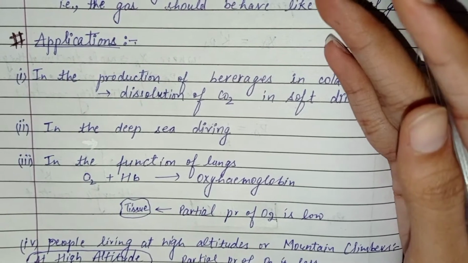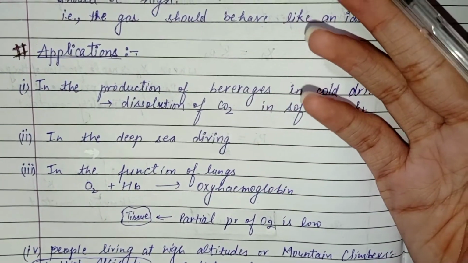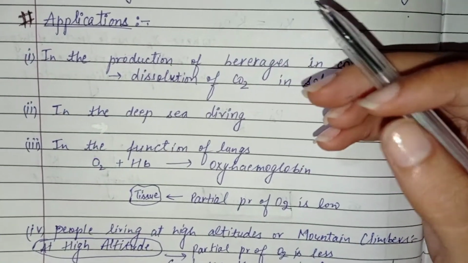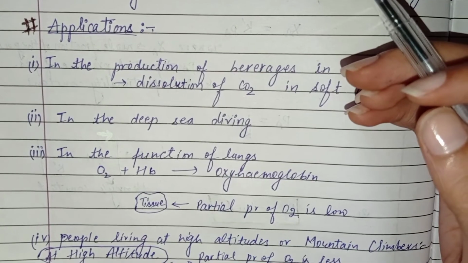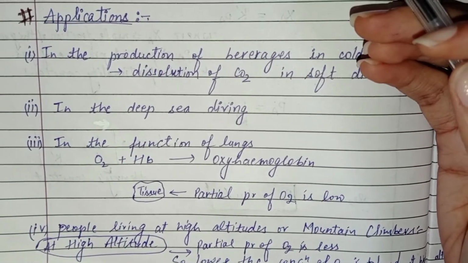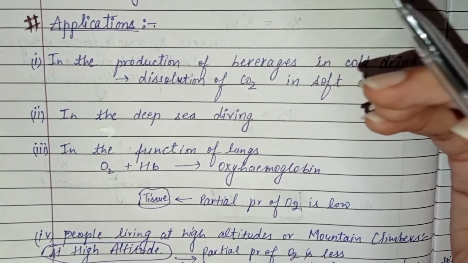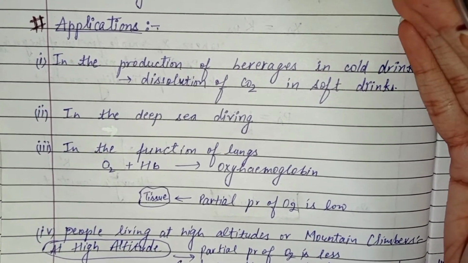Thus, both N2 and O2 will dissolve considerably in the blood and other body fluids. So, oxygen is used up for metabolism, but due to high partial pressure and greater solubility, N2 will remain dissolved